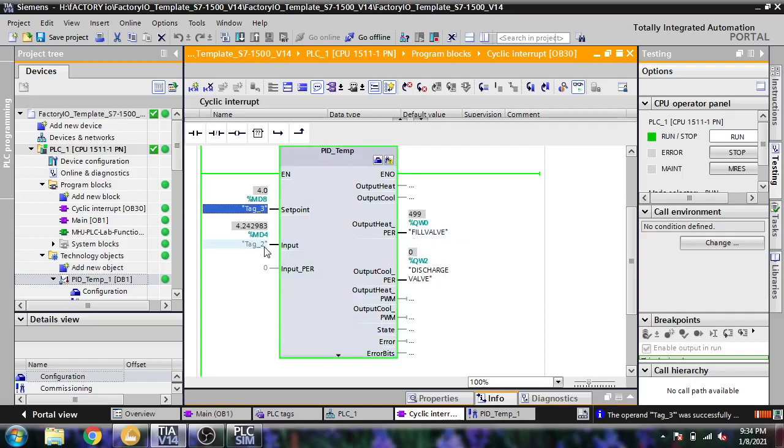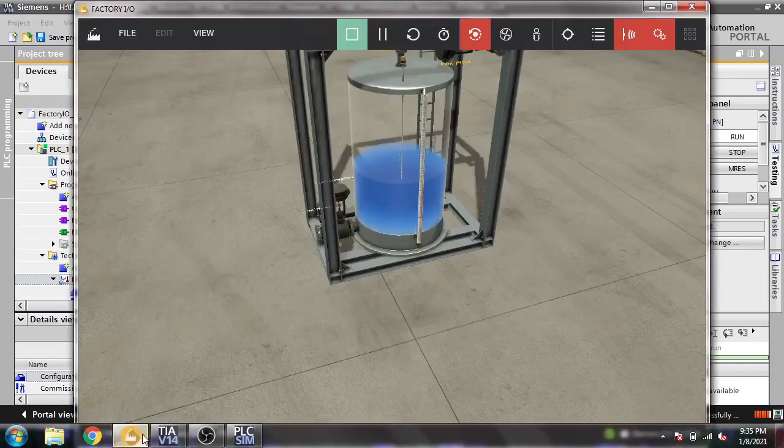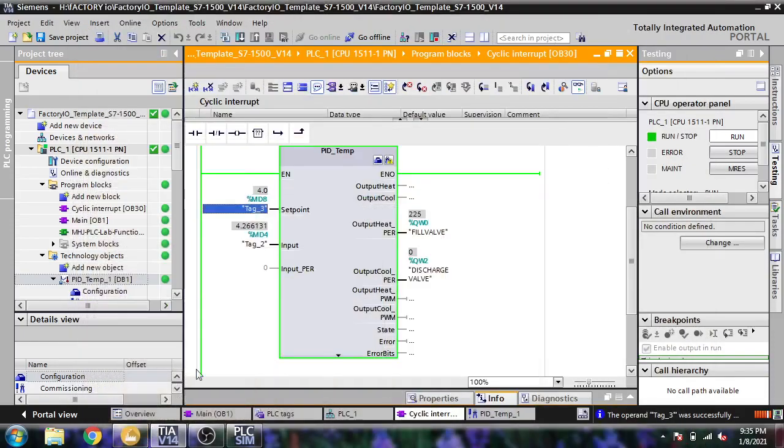Our fill valve, our input, because this is a PID Temp setting and not the original PLC. That's why there are some problems in it.